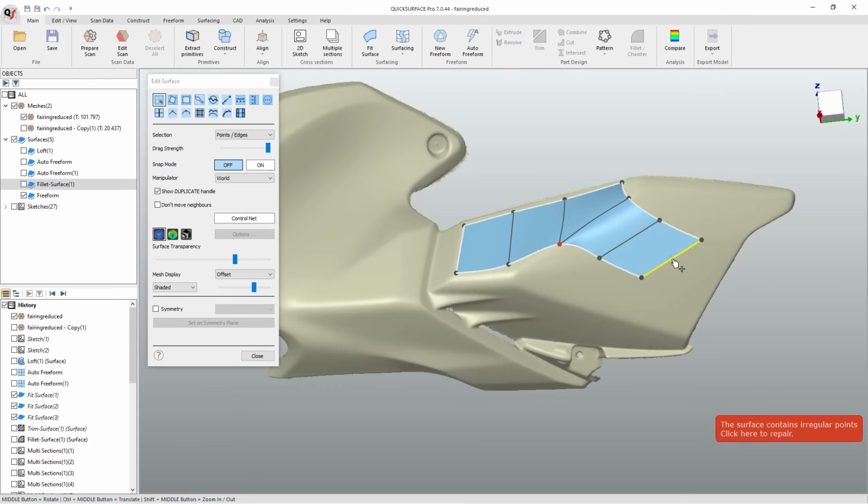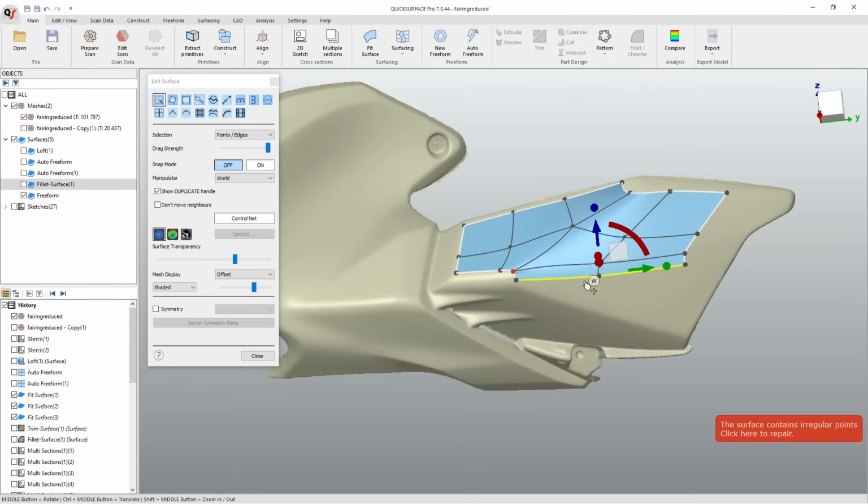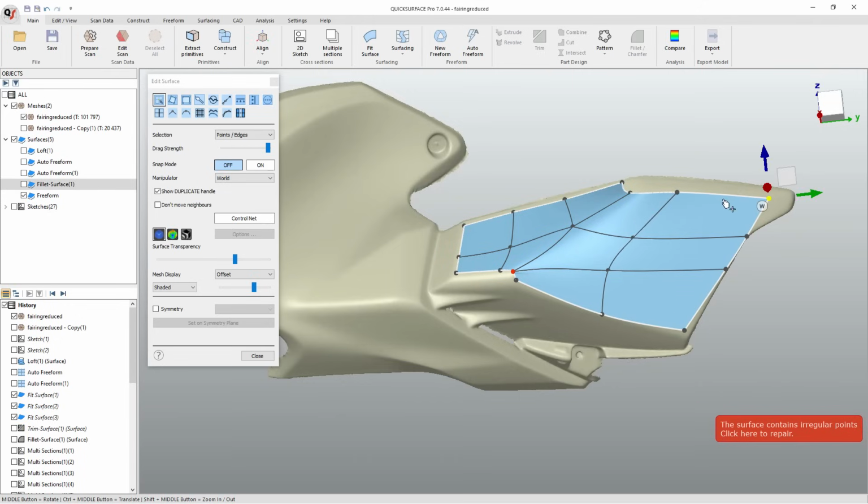So those analysis tools will help us get a good idea on the shapes, and you can manually drag them around and create the divisions where you want them. Anytime you see a red dot like that, you can also click on the icon there and it'll give you basically an extra division. So that works out pretty nicely. So we do still have these manual tools inside of QuickSurface Lite and Pro. You can decide which one you want to use,